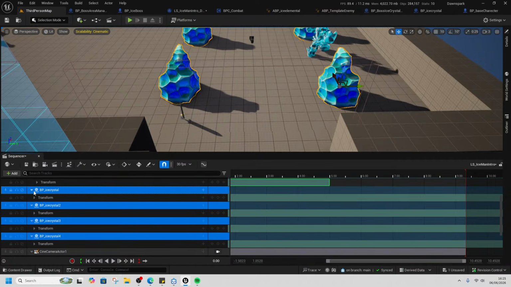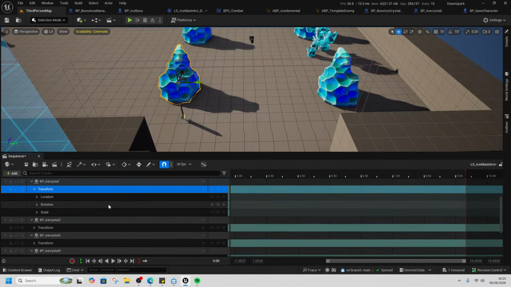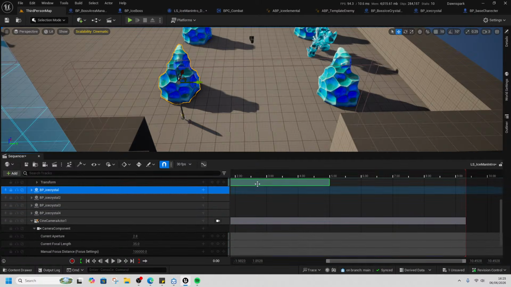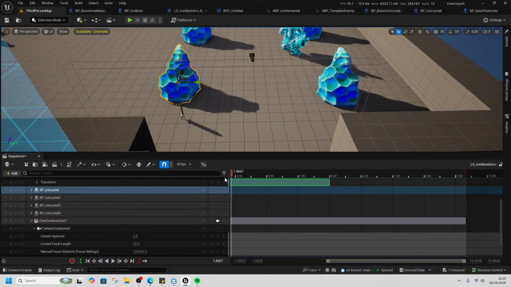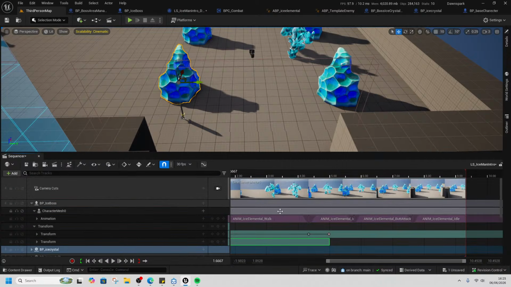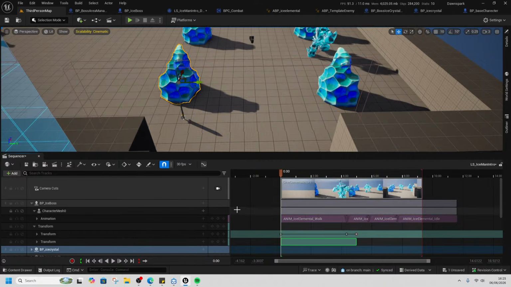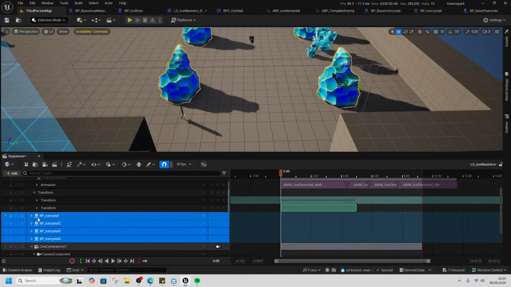And to start with, so right at the start, I want ice crystal,